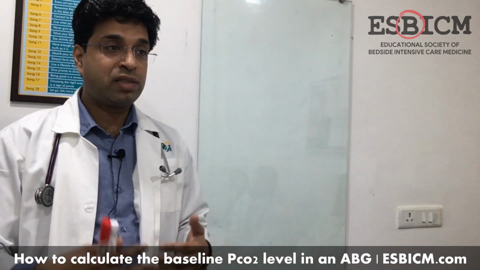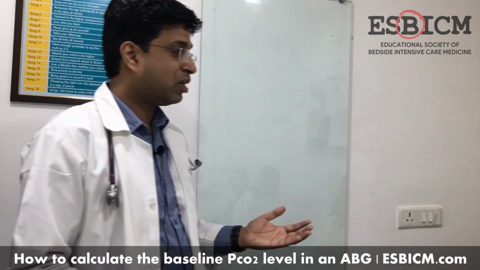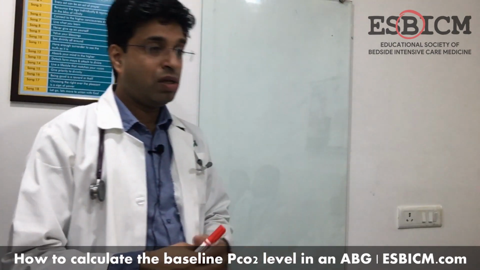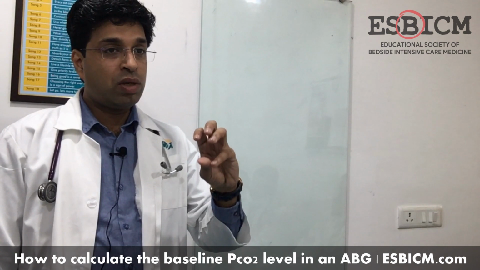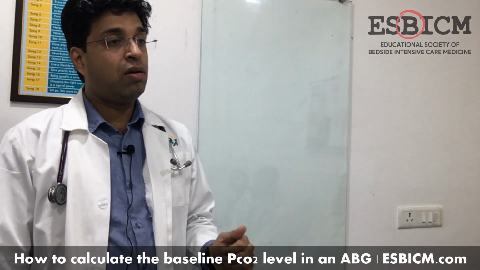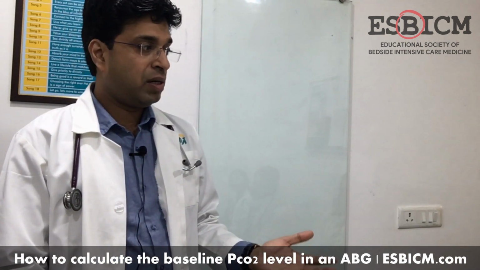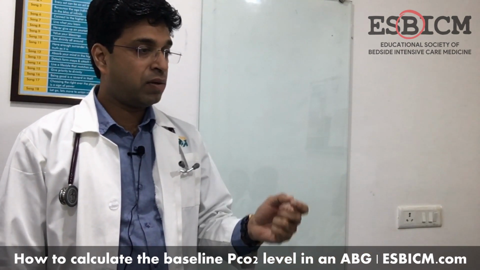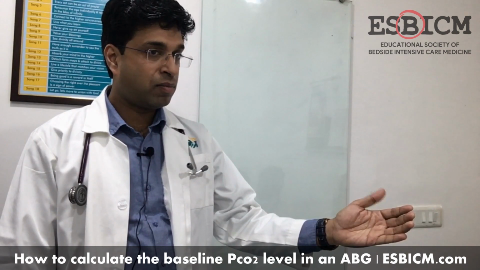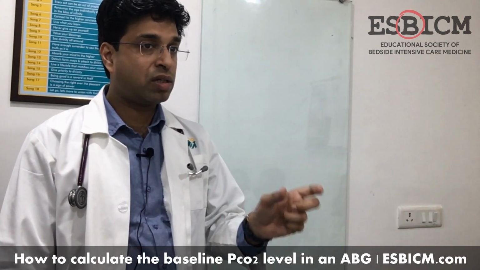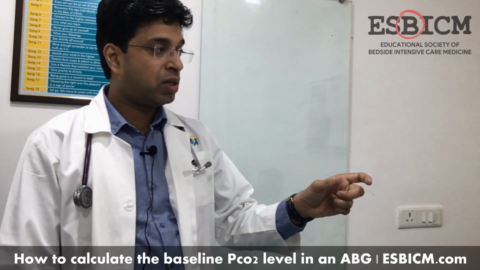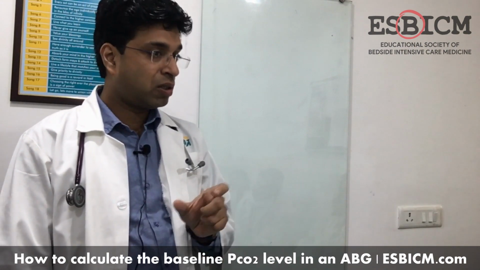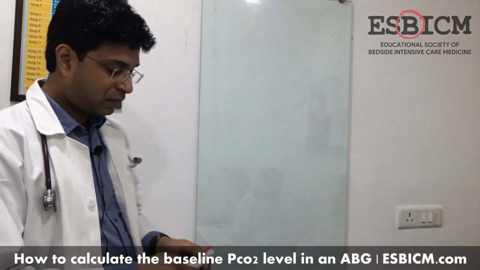But at times, even at a PCO2 of 70, the patient remains conscious and fully alert. So, in a patient who is a known case of COPD, or may not be a known case of COPD, but from the ABG you can analyze that he is a CO2 retainer or not, how do you calculate what is the acute component in this whole PCO2 level and how much is the chronic component? You have to correct only that acute component, not the chronic component, to normalize the pH.